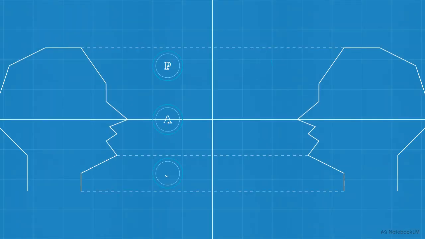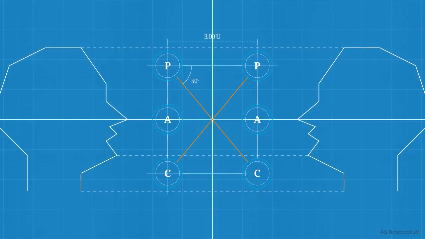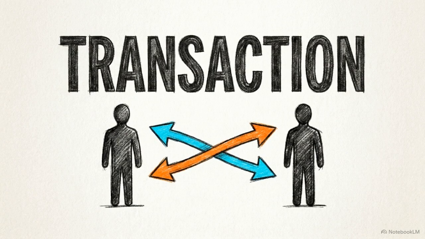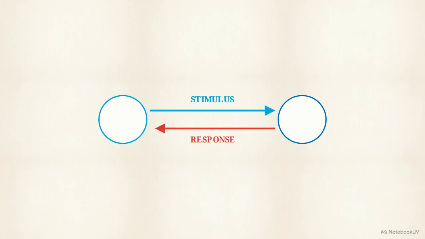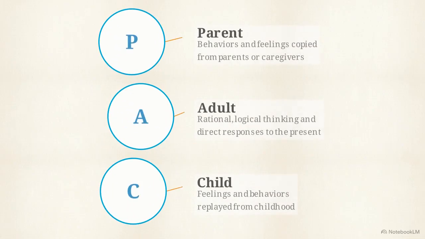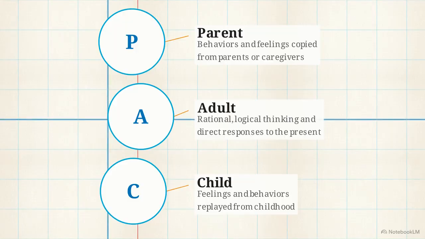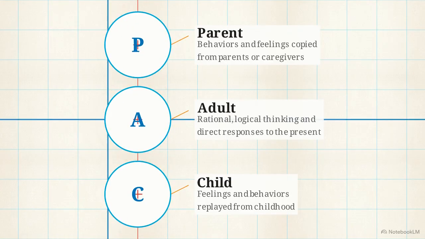Psychiatrist Eric Berne approached the problem differently. He developed Transactional Analysis, a framework that treats human behavior like an observable engineering diagram. Berne defined the transaction as the absolute basic unit of social interaction. It consists entirely of one stimulus and one response. His thesis proposed that by decomposing human personality into distinct structural states, we can mathematically map and predict interpersonal dysfunction.